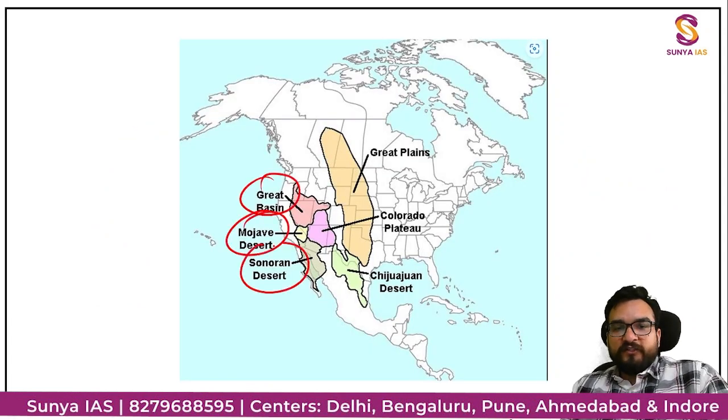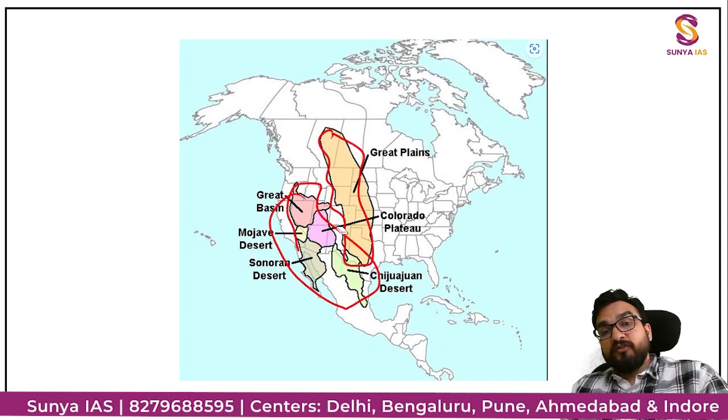ग्रेट बेसिन, मोहावे, सोनोरन, चिहुआहुआन. ये प्लेट्यू आपको कोलोराडो प्लेट्यू यहाँ पर मिलेगा, कोलंबियन प्लेट्यू यहाँ पर मिलेगा, राइट. ग्रेट प्लेन्स मीन्स प्रेरीज. तो ये आपको प्रेरीज का आप डायरेक्शन देखो, कनाडा में भी जा रहा है, ठीक है. प्रेरीज आपको यहाँ पर मिलेंगे, टेम्परेट ग्रासलैंड्स है. एक तरफ इस तरफ आओगे तो यू आर गेटिंग दिस पर्टिकुलर डेजर्ट्स आल्सो. डेजर्टिक सबसे लो वेजिटेशन यहाँ पर मिलेगी आपको.